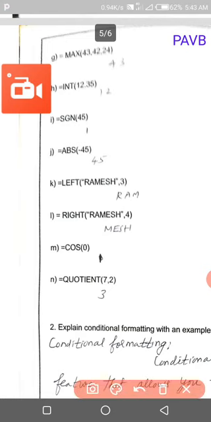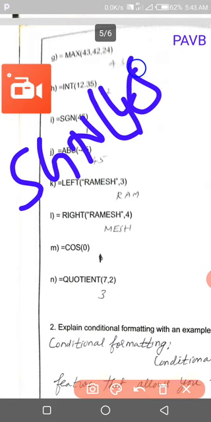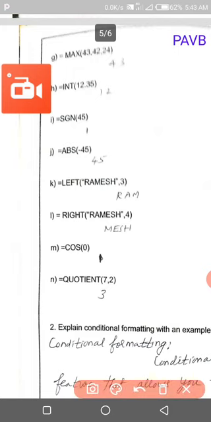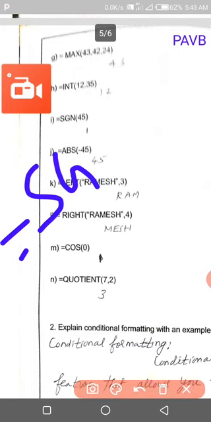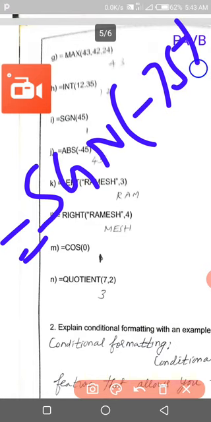Next, the SGN function. SGN of 45: the number is positive, so the answer will be 1. If the number is negative, SGN of minus 75, it will return minus 1.